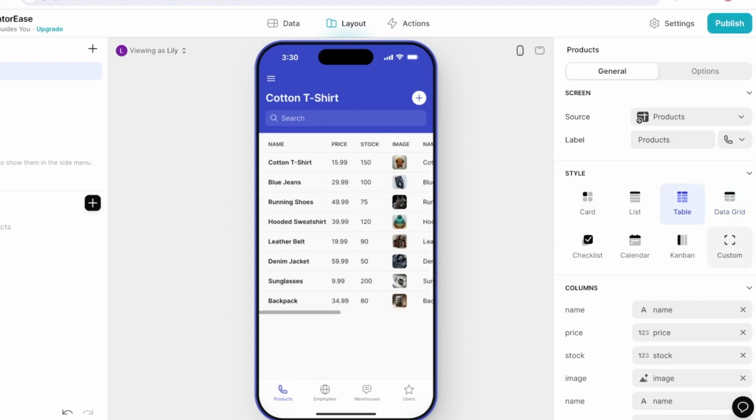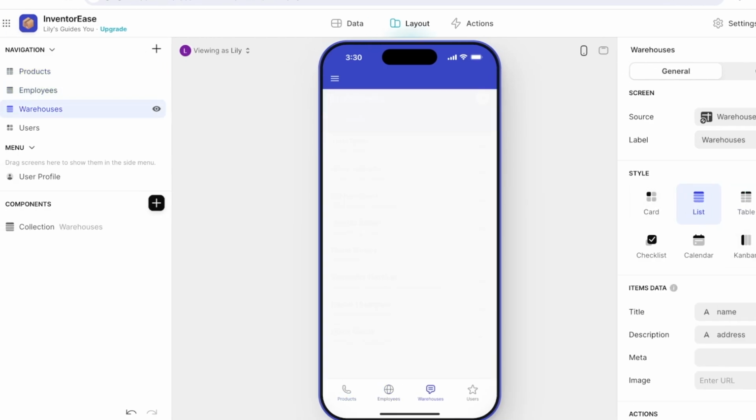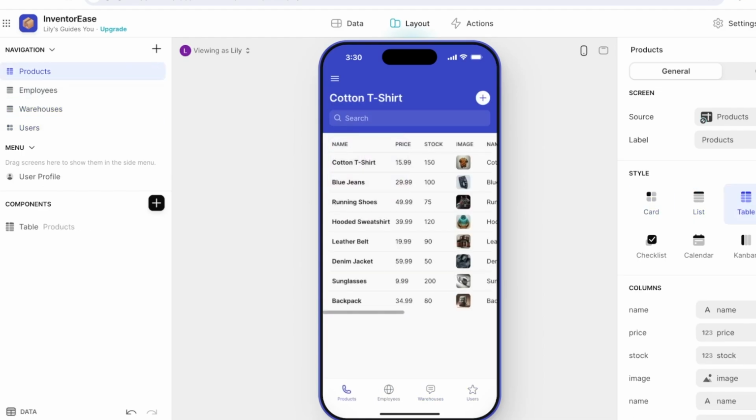Kanban or custom view. Now for our label, I think product is a fine label for this particular section. Below that I have employees, which I don't think I need a lot of customization for. And then we have our warehouses and users. Now what you're going to do is, once you have set up the visual appearance of your data,